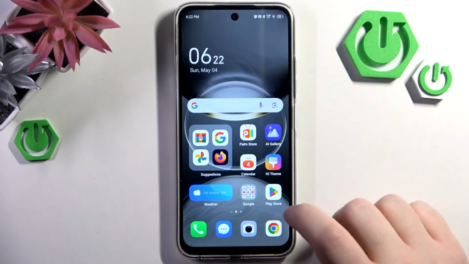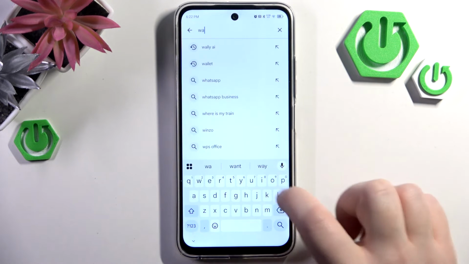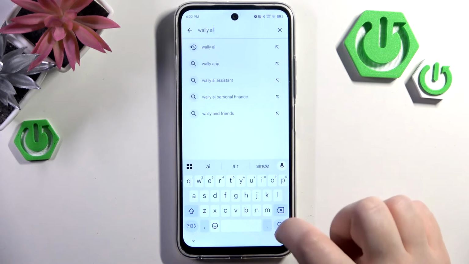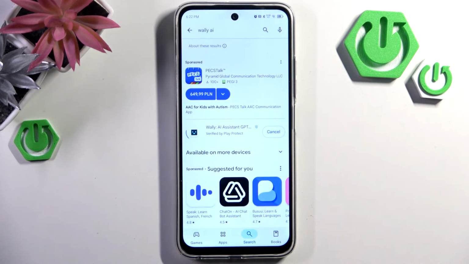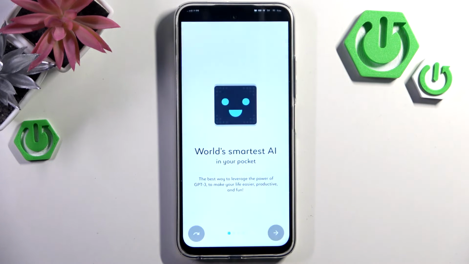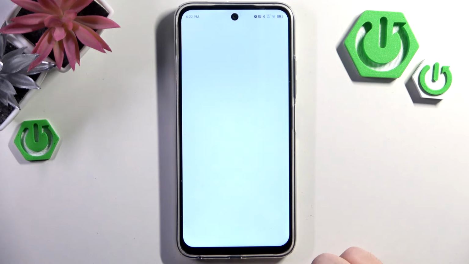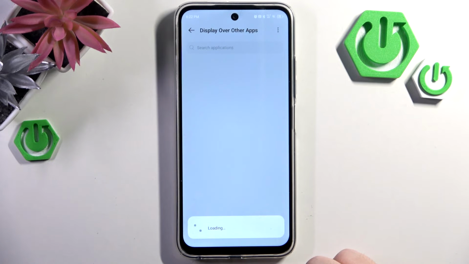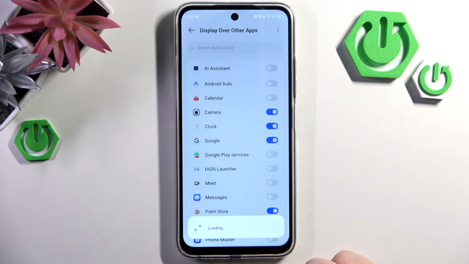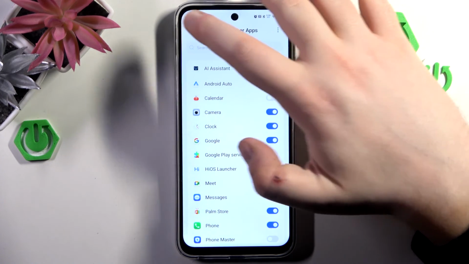So you have to start by opening your Google Play Store, then click on the search bar and type in Wally AI and click search, and then click install. Now you can click open, then click on this button to skip introduction and click open permissions. Then click here on AI Assistant to allow this app to display over other apps, and now you can go